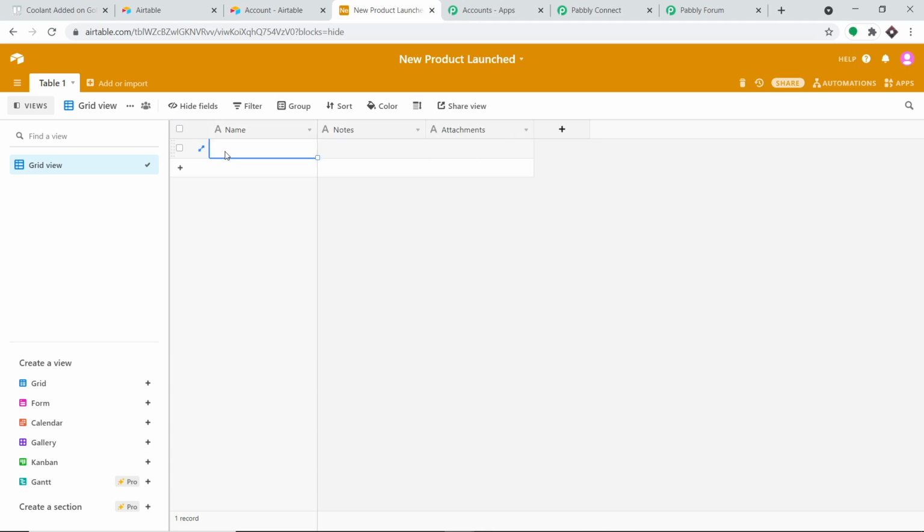So let me just add one more record. So this base is about a new product that has been launched. So the name of the person who has launched this product is Martin, and he has launched Samsung phone, and the attribute he has of this phone is 64 megapixel camera and 6 GB RAM. Okay, so these are the description. So we have entered the person who has launched the product, we have entered the name of the product, that is Samsung phone, and this is the description.